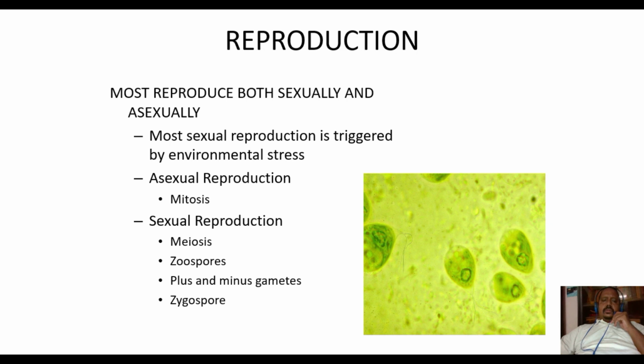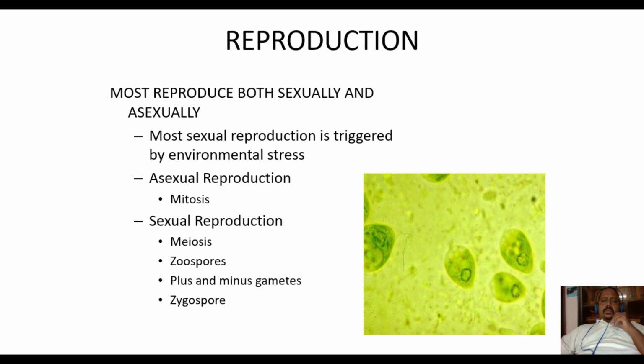Coming to the asexual reproduction, as you know, there is no involvement of meiosis. So both vegetative and asexual reproduction can be considered as methods for rapid multiplication. In the case of sexual reproduction, we can see different stages of meiosis, which can be zygotic, where the meiosis takes place in the zygote so that the plant organism will be haploid, as well as gametic, where the meiosis takes place just before the gamete formation so that the plant will be a diploid organism.